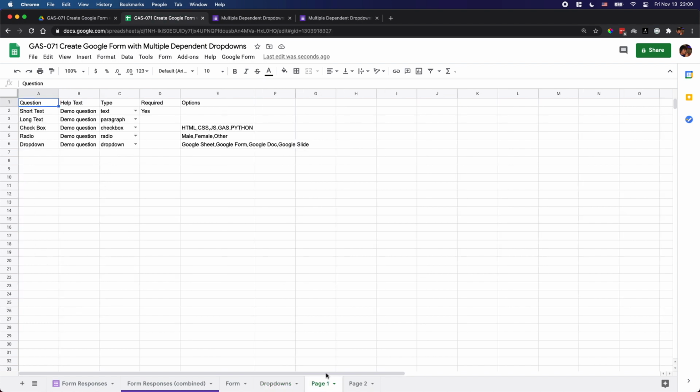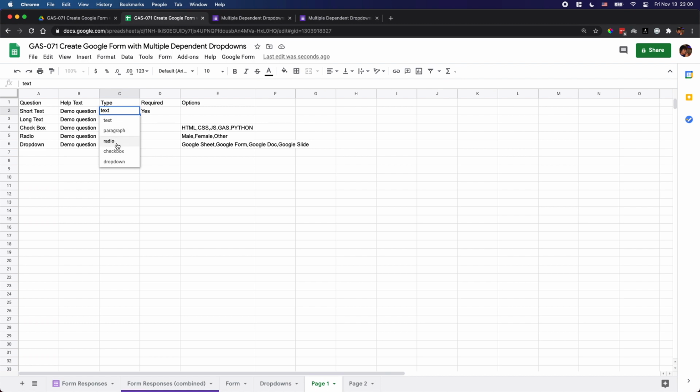And for the pages of the form, normally you should at least have one normal page for this form, okay? So you can add more pages, of course. So you only need to add the question, and if you have any help text, you can add the help text here, and you need to choose a type. All right, so I only add